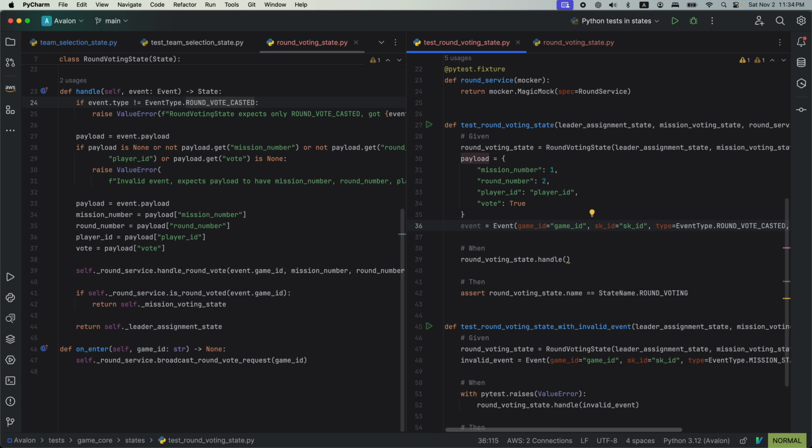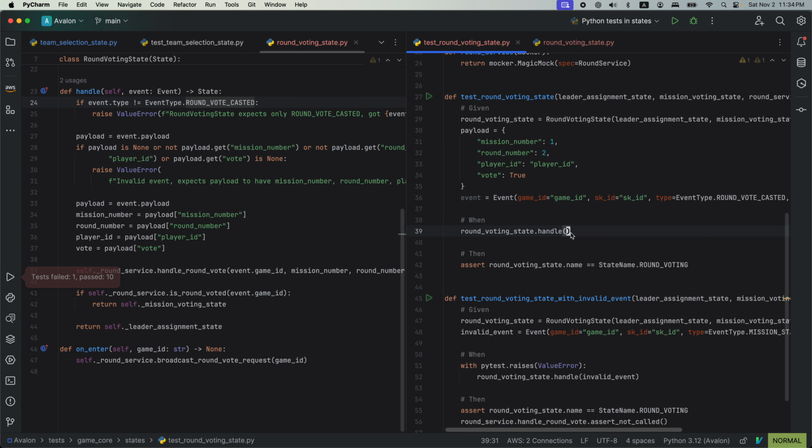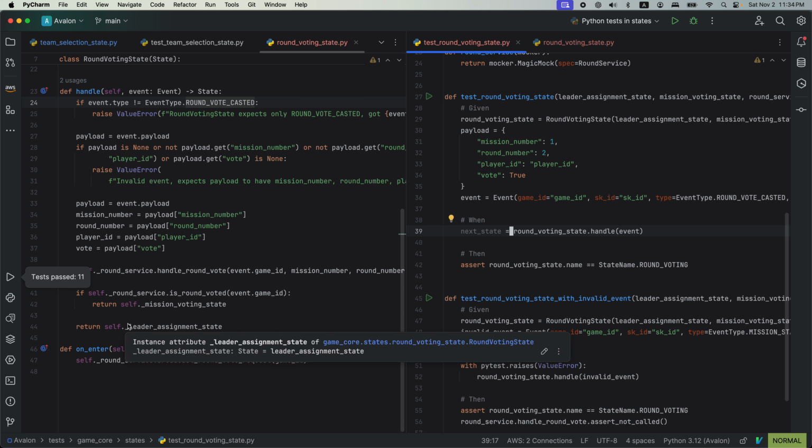We have the payload and everything. So when we handle the event, next state. Oh, now since we have two returns now,